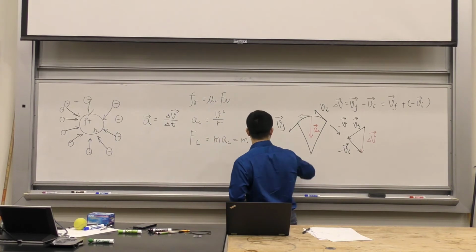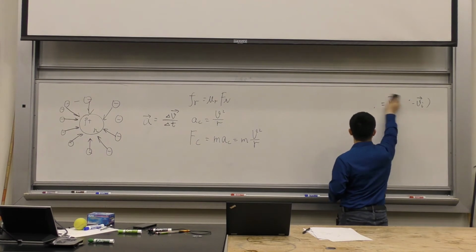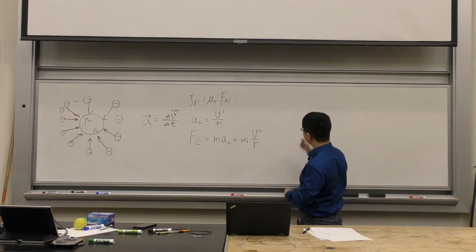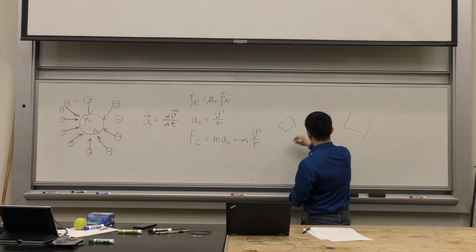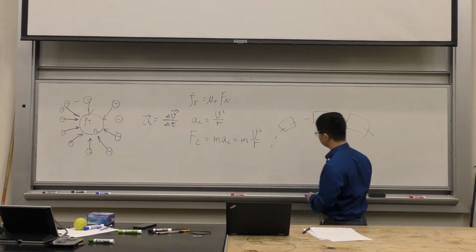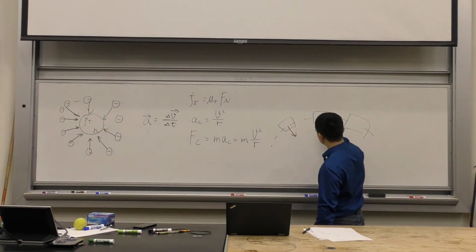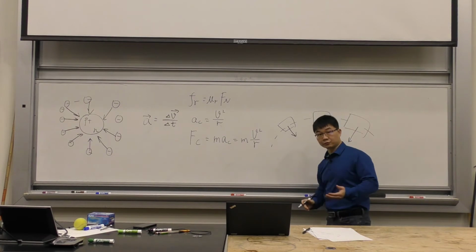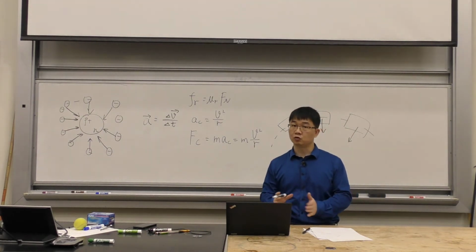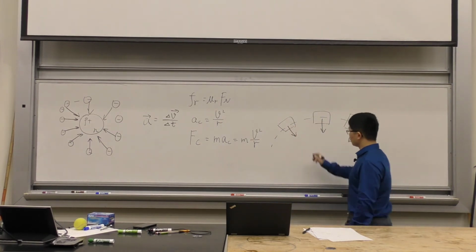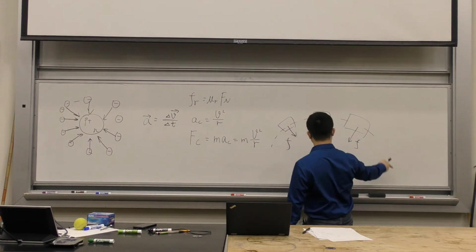So in this case, if the car is moving in a circle, in a circular motion, let's draw a bird view. So it's making a turn, so it's moving this way, okay? Now there must be a friction force always toward the center. So that's a theory, right? This is not intuitive at all, but you don't always trust your intuition. You don't, okay? So there's always a friction force toward the center in order to keep the car, okay, making